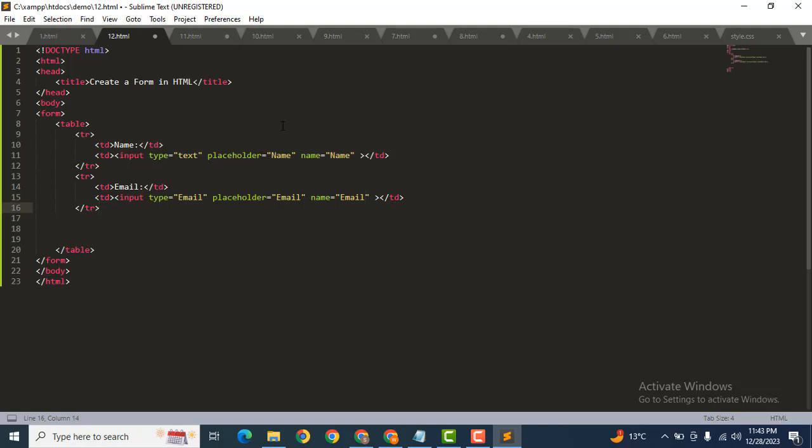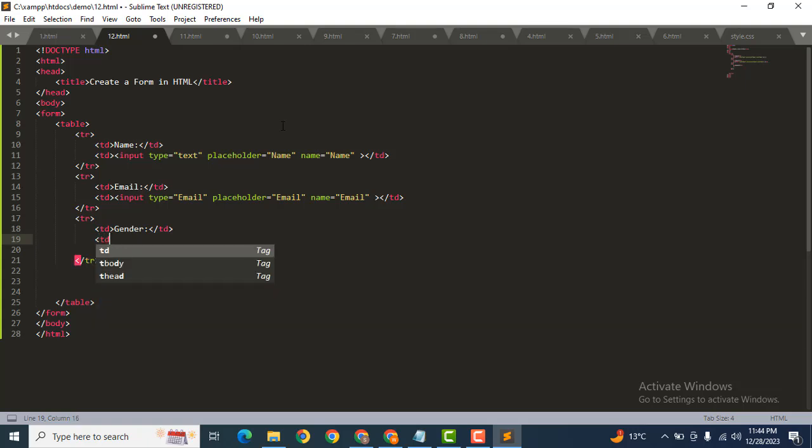after that now we want to select gender option. Now let's add one more row, and after that we can close this. So now in the table description, we can add td gender, and after that again we can use td for the table description,